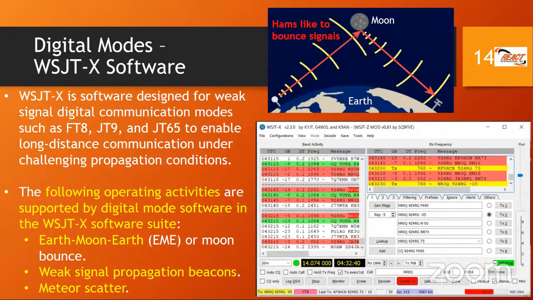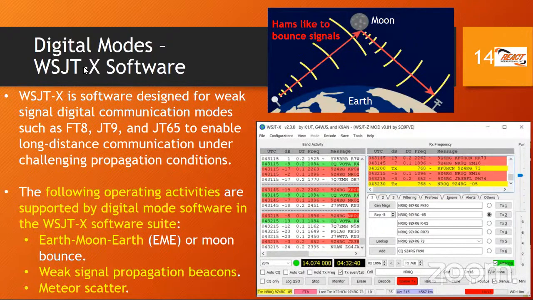All right, so let's do a couple more slides before we take our break. So we are still talking about digital modes, and we did say that in amateur radio, anytime we talk about digital modes, we are talking usually about connecting a computer to our radio. But our computer requires software. So you must have some sort of operating system, and then you must have an application that runs on that computer. So one of the very popular digital mode software is called